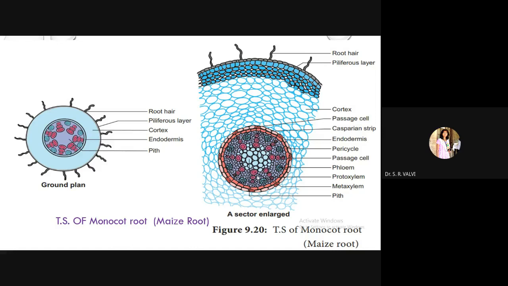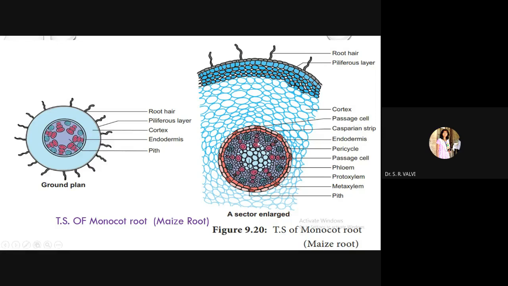Students, please do remember every part, because in every next section this layer is going to come. So every time I'm not going to explain likewise which kind of cells they have and which main function is played by them. So please do remember here in the first slide which are those layers, which kind of cells are present in them, and what is the main function of them. So here pericycle gives the parts of vascular cambium. Getting? Now next come towards the next part.